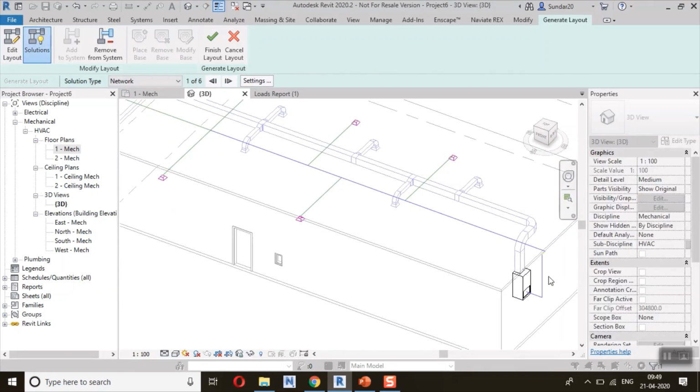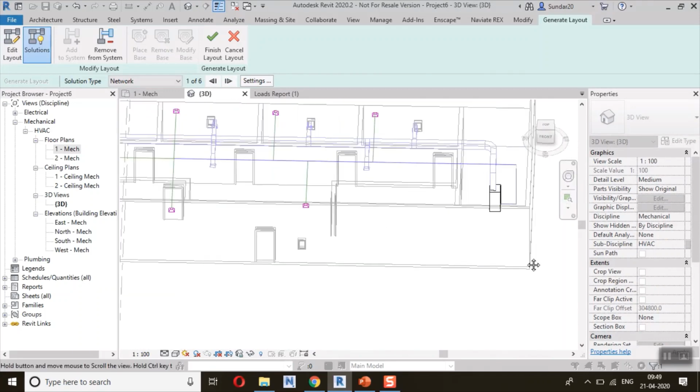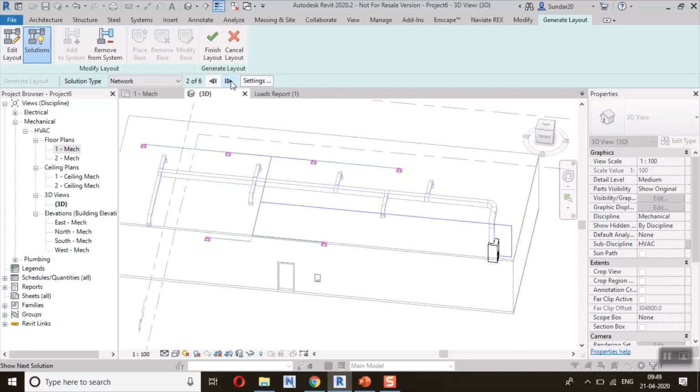Okay, I think I have an error, right? That area has an error. Okay, so go to the next one. Yeah, I think this one is better. The fifth one is better because I'm not having more errors.